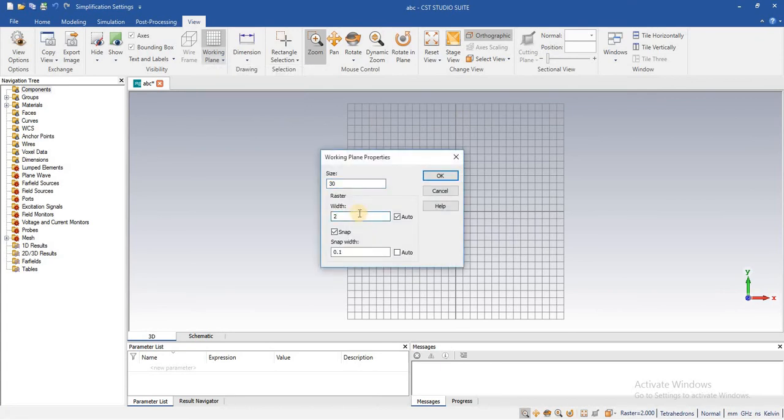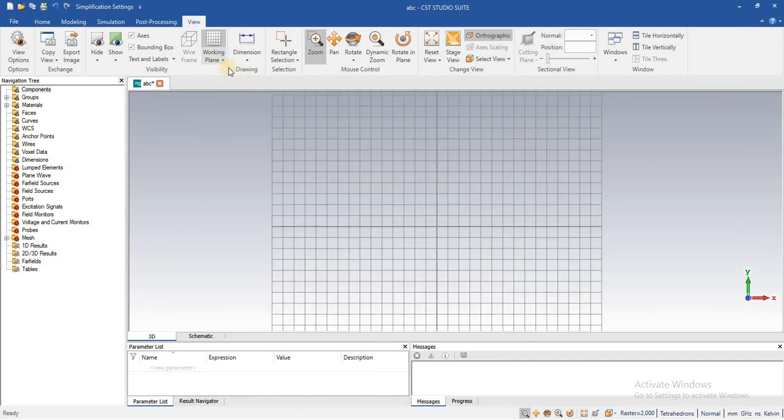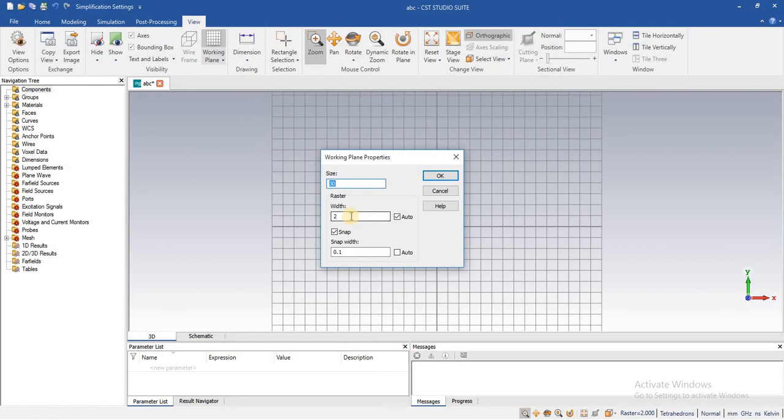Similarly, you have to change the width and it will be created automatically. Now you can see that we have defined the width of each grid as 2 mm.